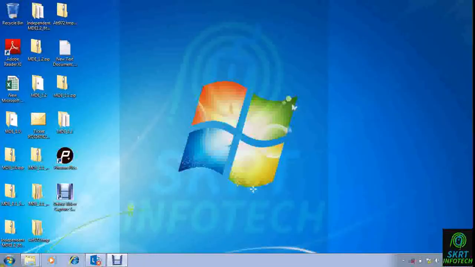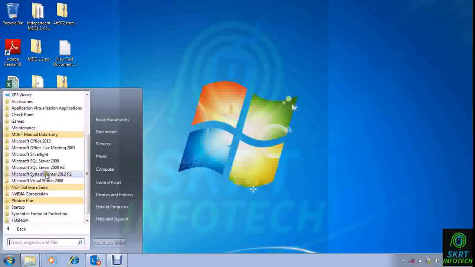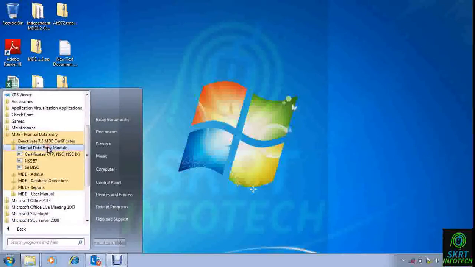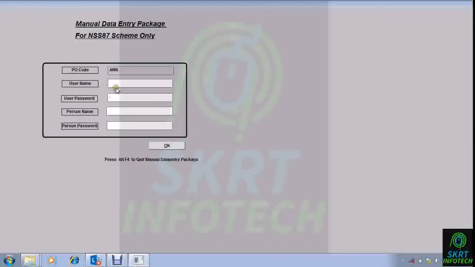Exit, come here. Now we'll start with the data entry. There are 3 modules in data entry, that is certificates, NSS 87 and SB discontinued. Let's start with NSS 87. Username is counter or super, as you want, because there is no differentiation of rights.